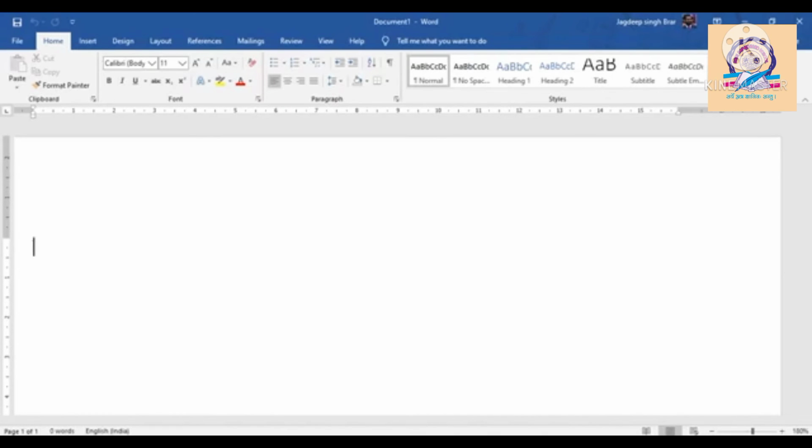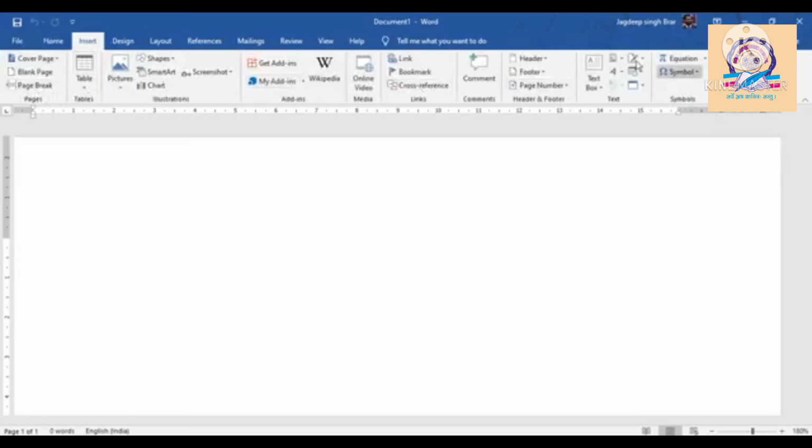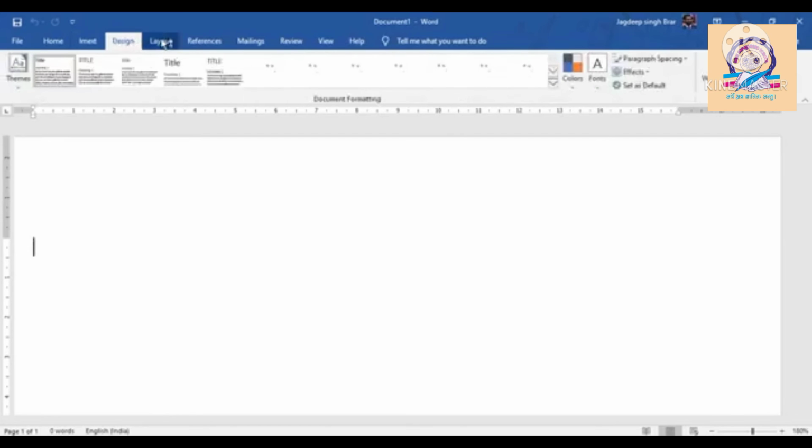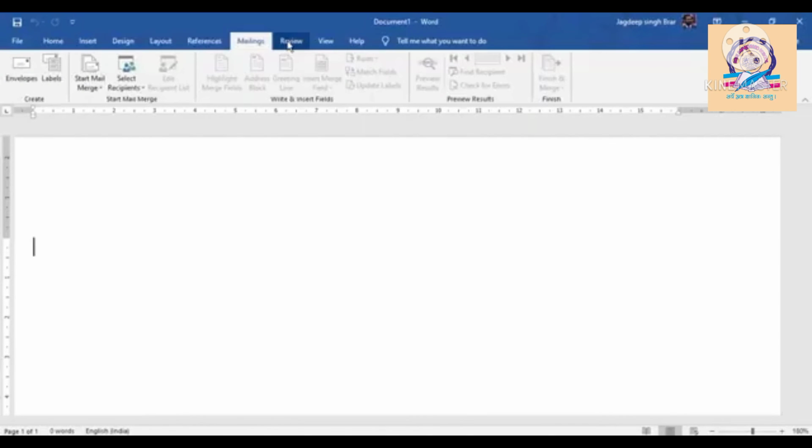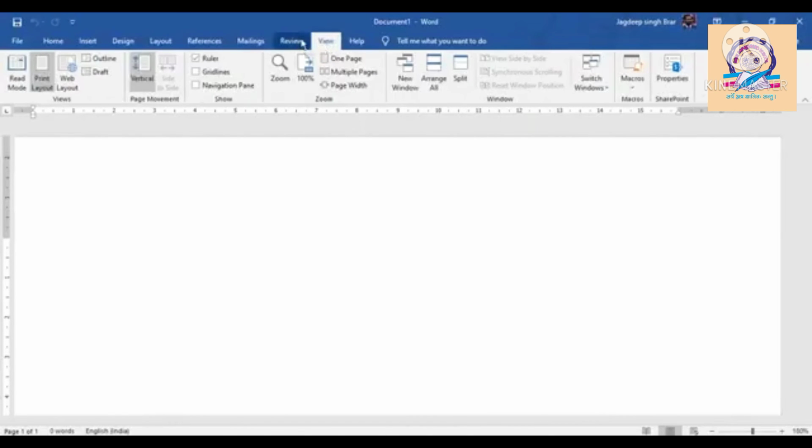Similarly, here we have some predefined styles. In the Editing group, we can find the Replace command. To find something in your document, we will use the Find command. To replace one sentence or word with another, we will use the Replace command. So every tab has its own groups, and the commands related to those groups are included there. So this is a part of the ribbon. In Word, we have the Home tab, Insert tab, Design tab, Layout tab, References, Mailings, Review and View tab.